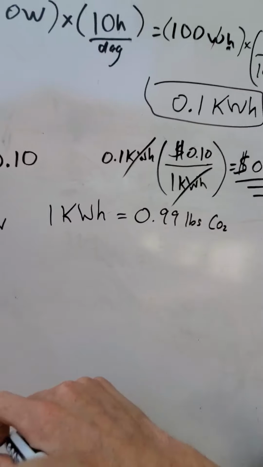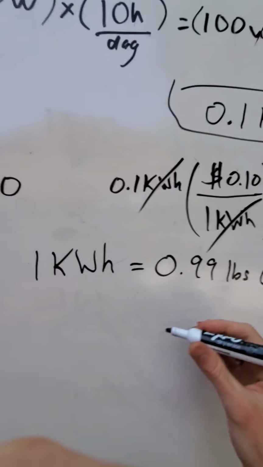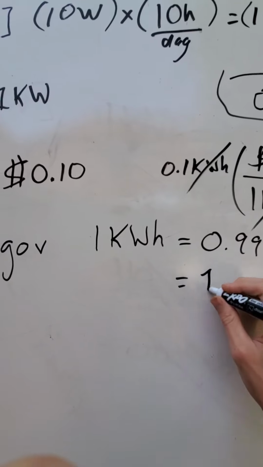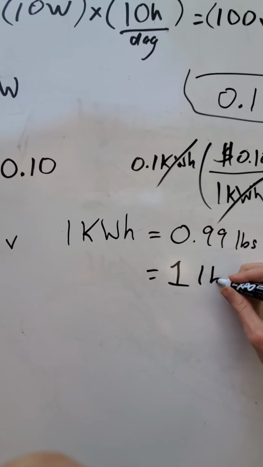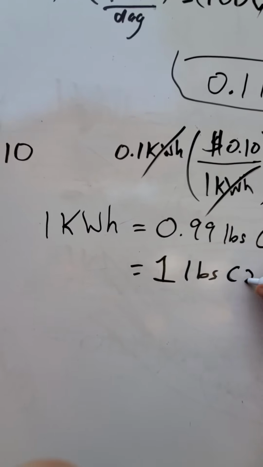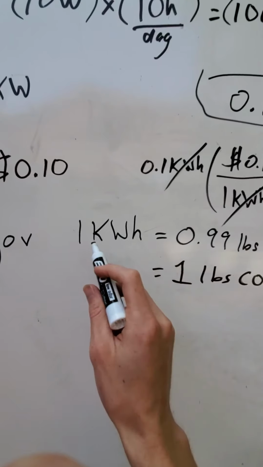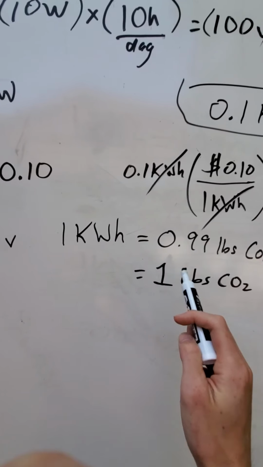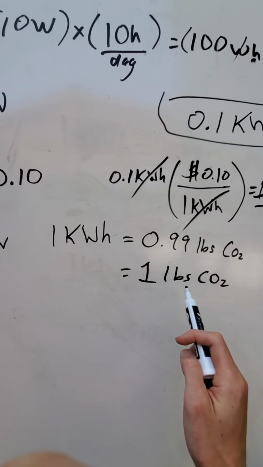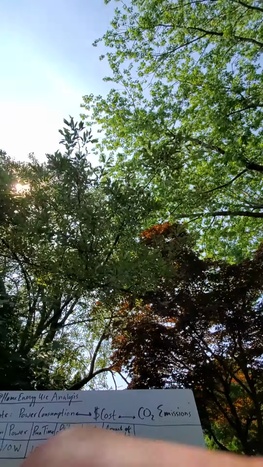And let's just take this 0.99 and call it a solid 1. So we're rounding up a little bit, but that's okay. So we're going to say that every kilowatt hour of energy creates about 1 pound of CO2 that goes up